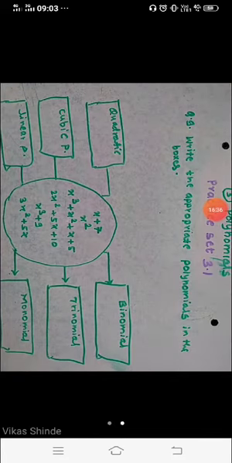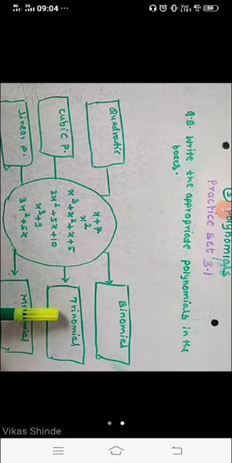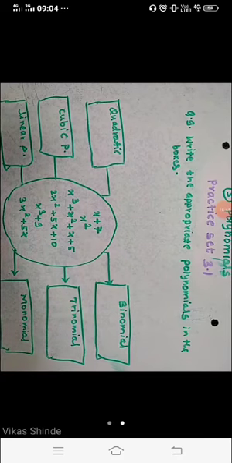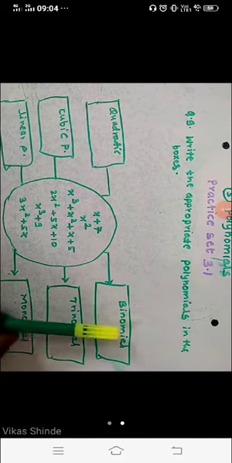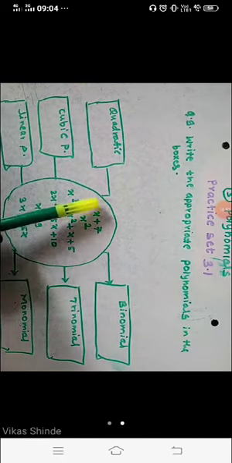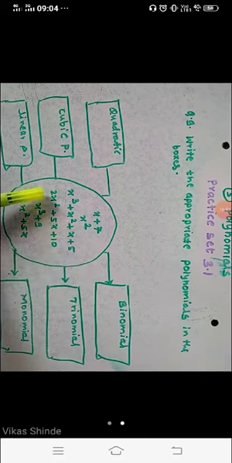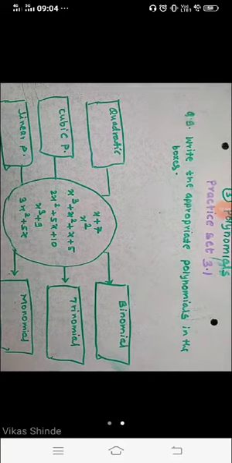Okay student, now see the last question here, question number 9. Write the appropriate polynomials in the boxes. You know, there are 6 types: quadratic, cubic, linear, binomial, trinomial, and monomial. Depending on the terms, these 3 are there, and depending on the index, these 3 are here. Here is x plus 7, x square, x cube plus x square plus x plus 5, 2x square plus 5x plus 10, x cube plus 9 and 3x square plus 5x. 1, 2, 3, 4, 5, 6 polynomials are there.